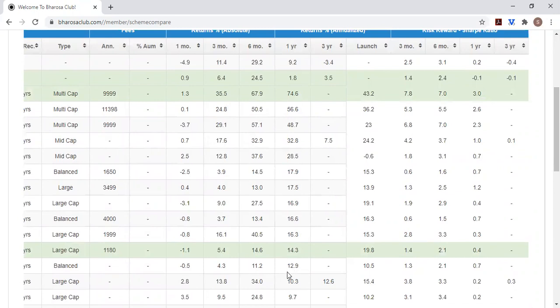So we'll tweak the UI to make it better and better. But for now, here is the Bharosa Top 150. It's generated a 14.3% return in the 1 year period, which is much higher than the 1.8% return of the Nifty Large over that period. So it's outperformed on a 1 year basis, but recently, post recovery, it's underperformed.